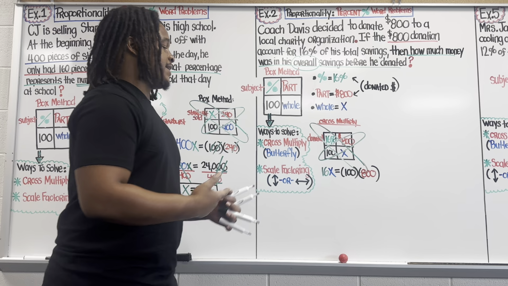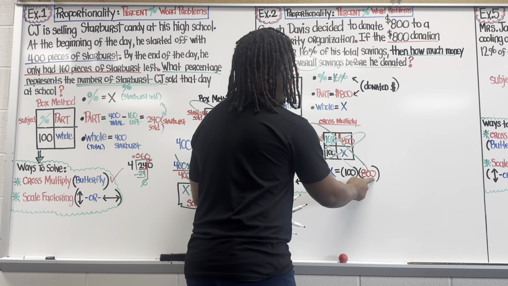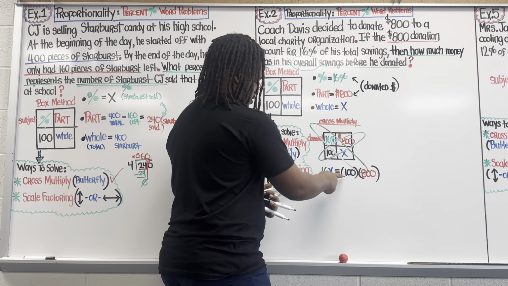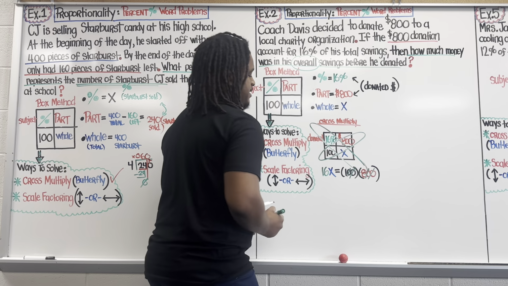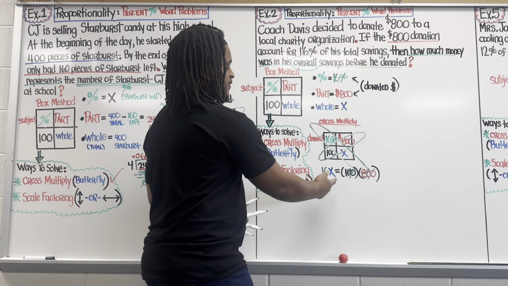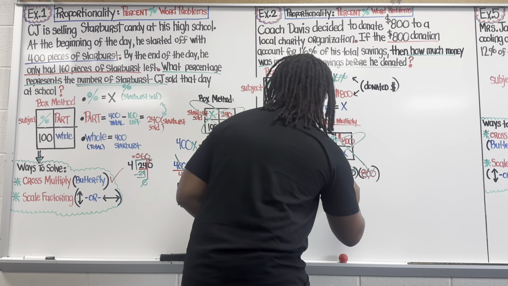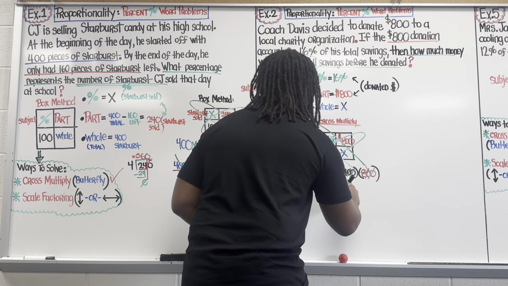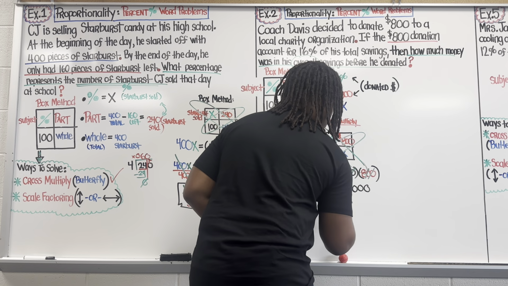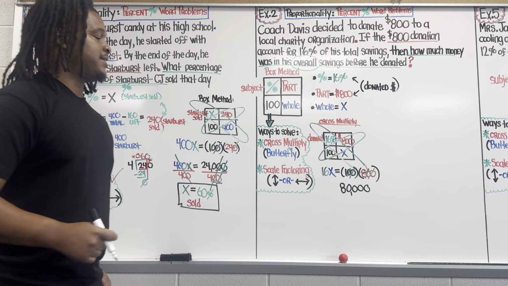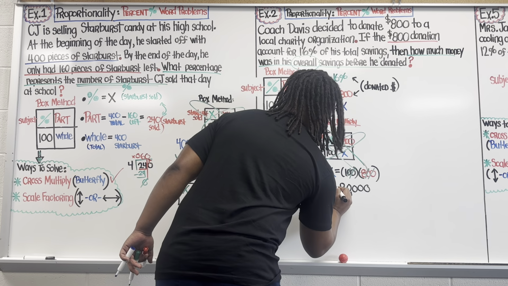Okay? Once again, guys, just like the trick that I showed y'all over here, as we're multiplying numbers that have consecutive zeros starting at the ones place, we can cross these consecutive zeros out and reattach them. So instead of doing 100 times 800, we could do 1 times 8. 1 times 8 is 8. And I see that I have 4 zeros that I need to reattach. So 100 times 800 is actually 80,000. Okay? So I have 80,000 equals